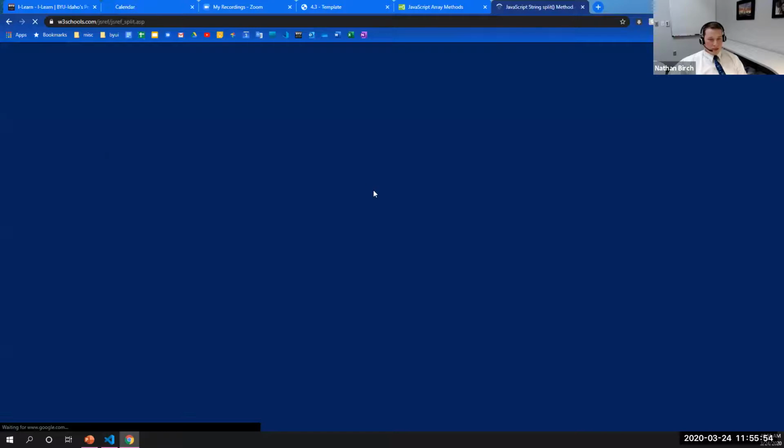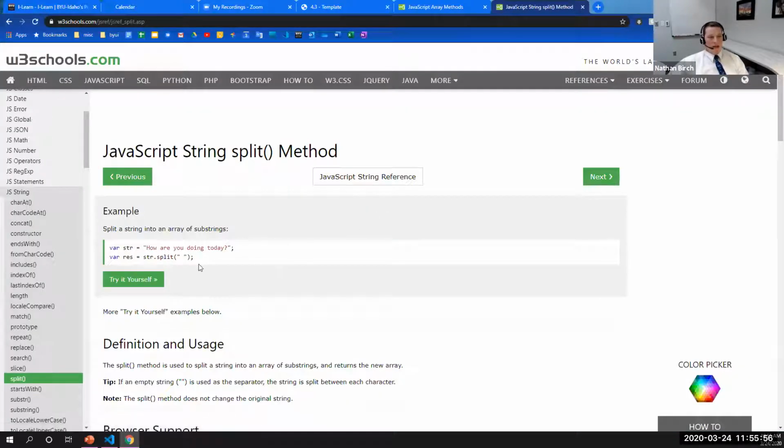Oh, nice. W3Schools is the first thing that pops up. Okay, so we have this string.split method. Notice string right here is a string data type. It's not an array, and it also has this dot. And I can see this JavaScript string right here, and we have all these functions for a string as well,